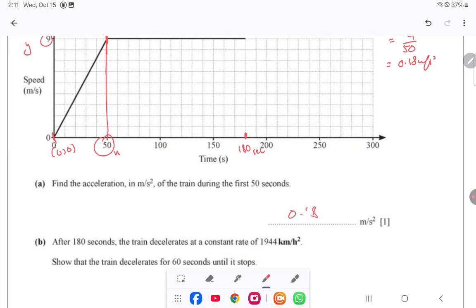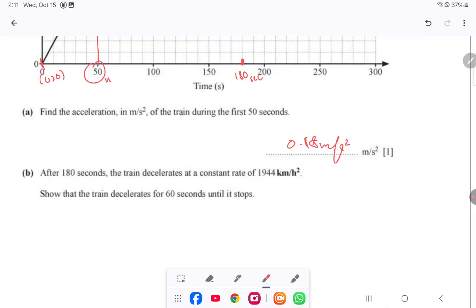0.18 meter per second square. B part: after 180 seconds, the train decelerates at a constant rate of 1944 km per hour. Show that the train decelerates for 60 seconds until it stops. So